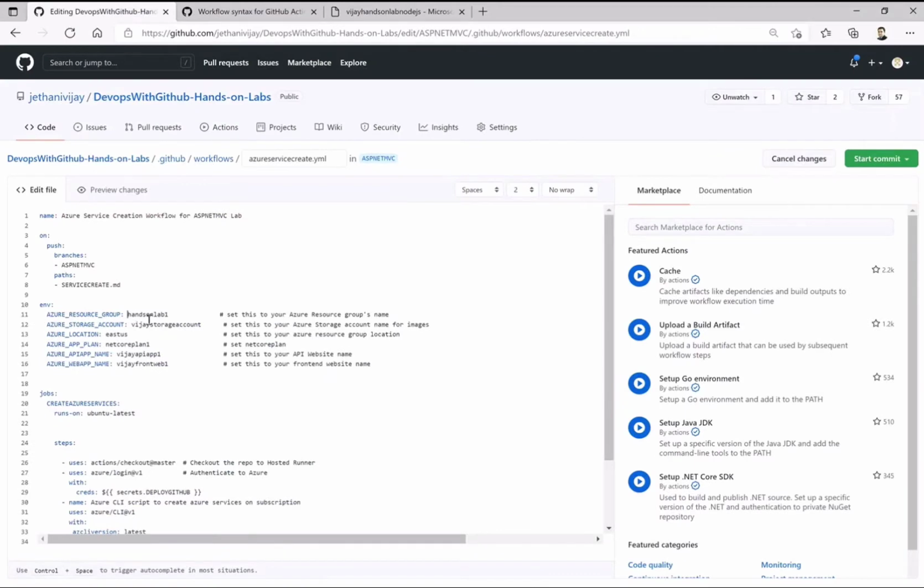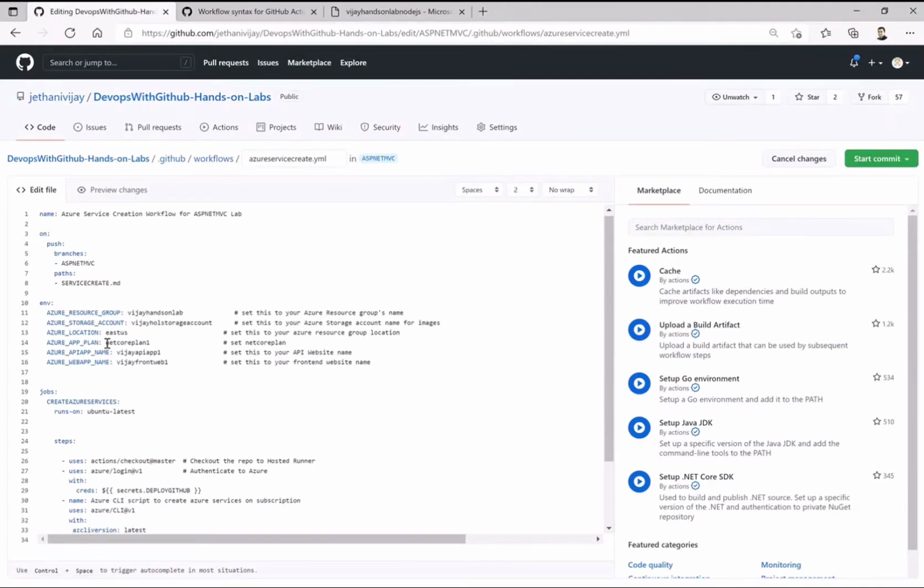Let me give the name Vijay Hands-on Lab for the resource group, and similarly I can give the storage account as well. Vijay HOL storage account.